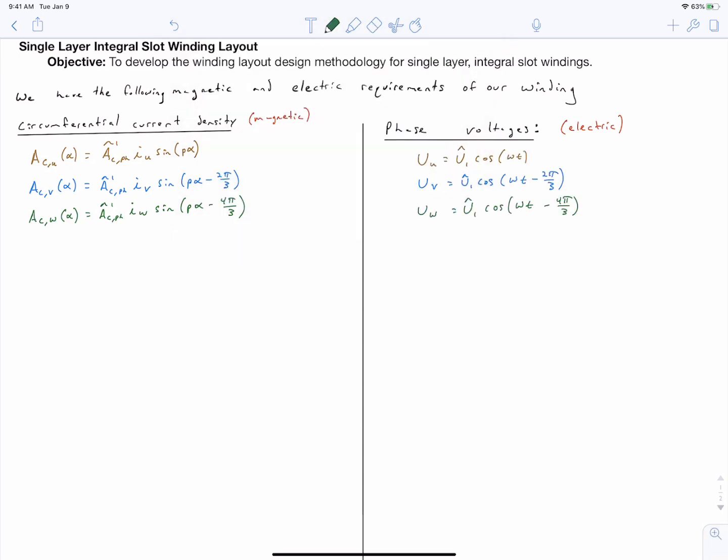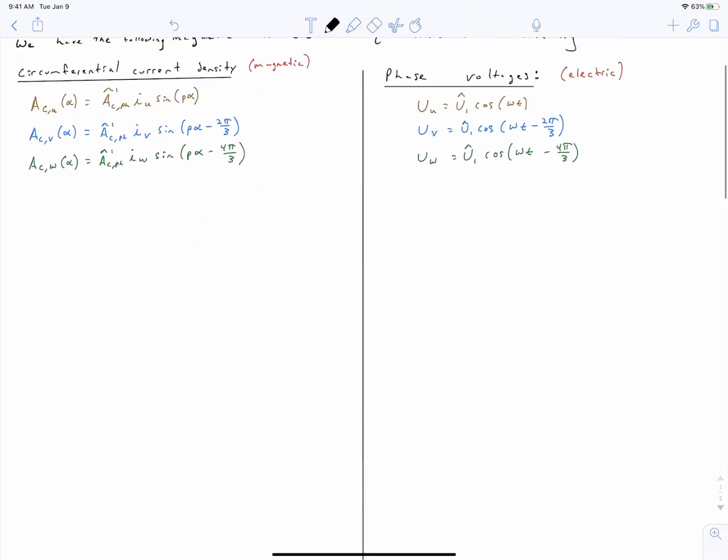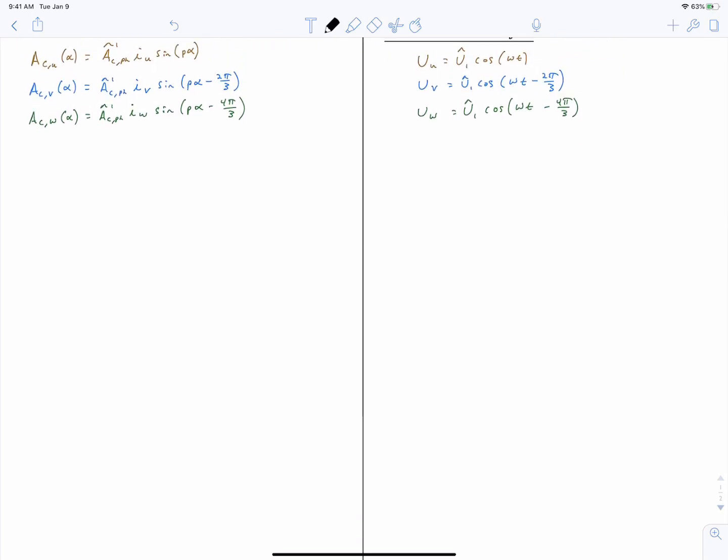So these are our expectations. This is what we are trying to create. In reality, we have more harmonic content in a practical winding system, but this is our goal. And so now let's sketch what this meant on how we studied this on both sides of the page. So on the left side, we'll start with current density. And we had drawn these three expressions as